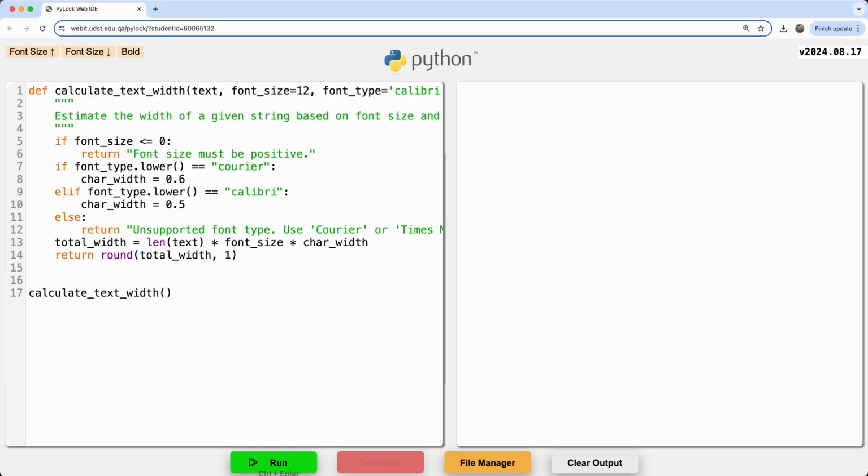However, we know from last class, how many parameters do I need to pass in here? Yeah, 3, because there's a text, there's a font size, and a font type. I need to provide these 3 things. And of course, it has to be in that order. Okay, well, that was the rules yesterday. All right, so the first thing up is some text. So here we go, hello world, typical thing. All right, the next up is the font size. Okay, if the font size is 40 points, it's going to tell me the width. And we'll use Calibri as the string, and of course if I go ahead and run it, absolutely nothing happens